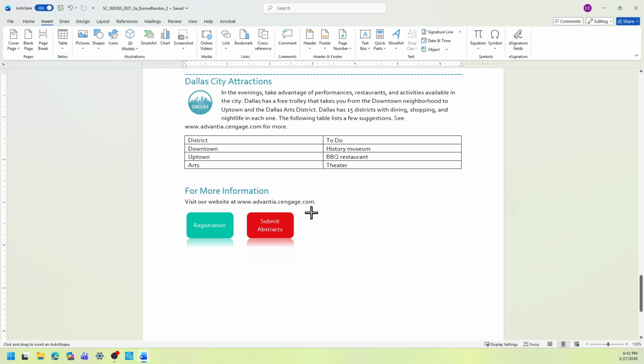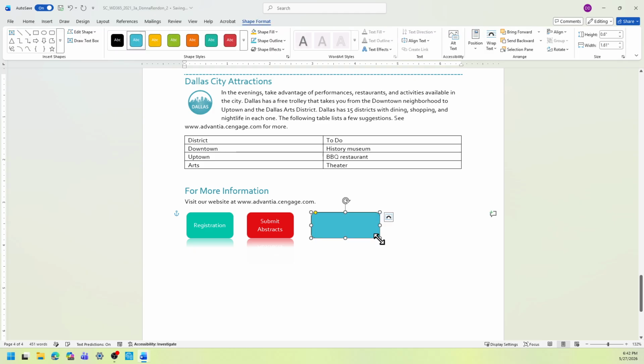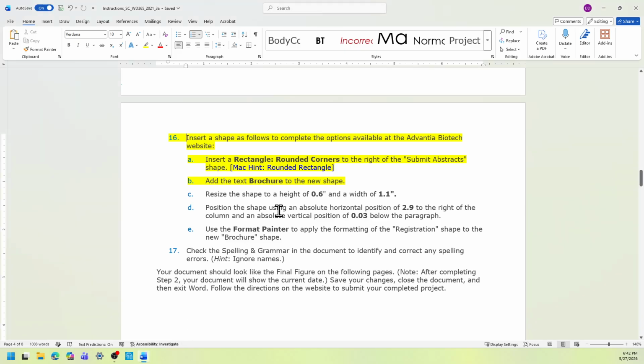And then you're going to add that shape, whatever size first, because it doesn't matter yet. And then we're going to add the text brochure.